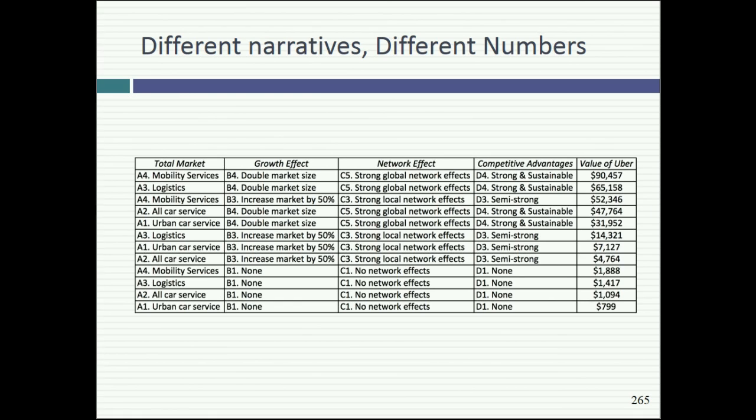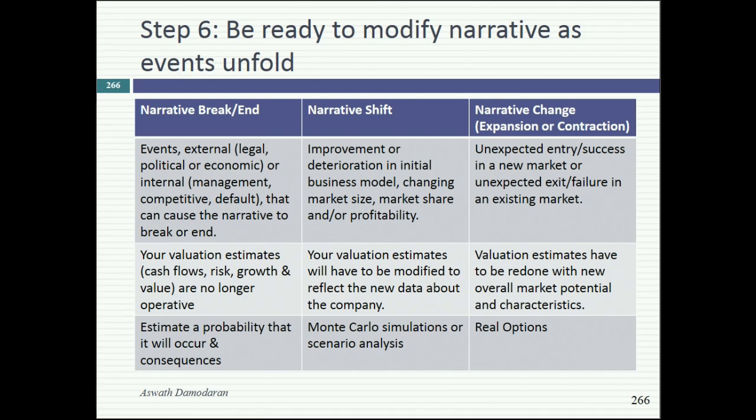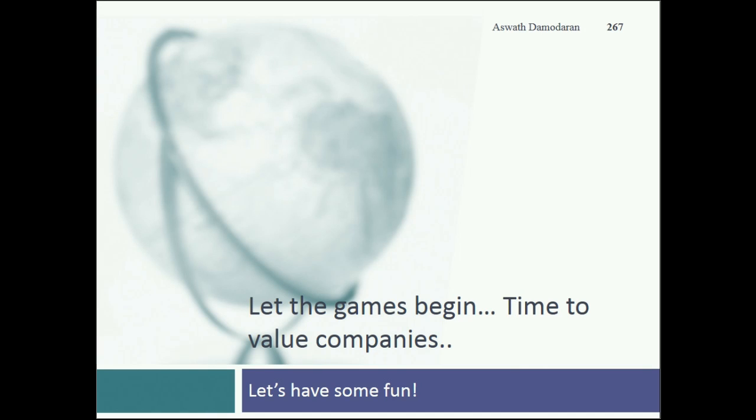You're saying, what's an on-demand company? You want something in a hurry? The on-demand company will be there. You want a pizza in 15 minutes? It's there. You want to go to the bathroom, you're too lazy to get off the couch, the on-demand company will do it for you. It's a huge business. Does it have local networking benefits, global networking benefits, no networking benefits? And given the choices you made, I valued Uber anywhere from 800 million to more than 90 billion. Sounds absurd, but your story drives your valuation.